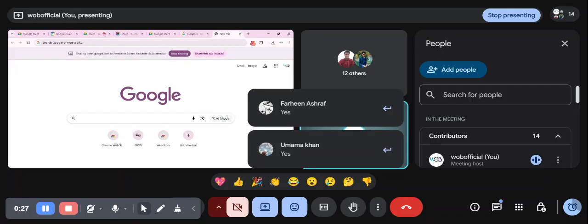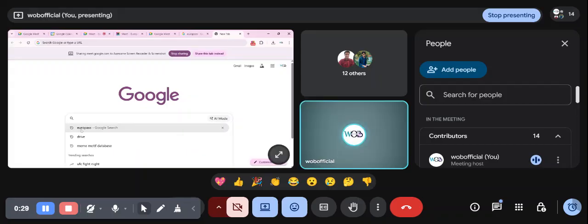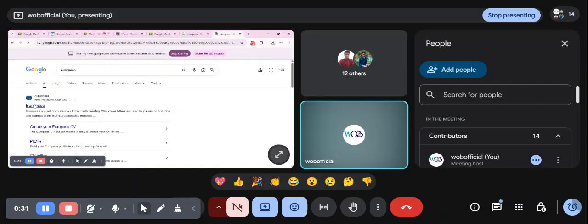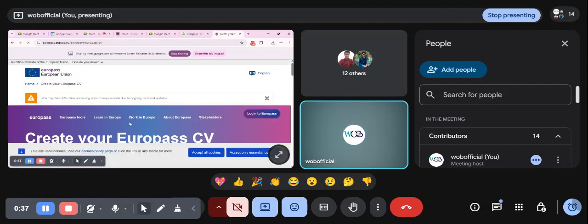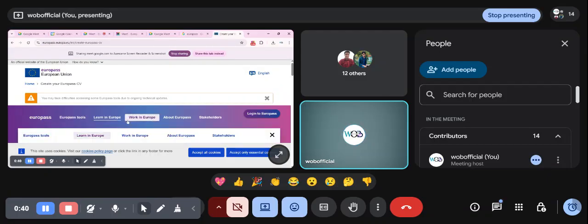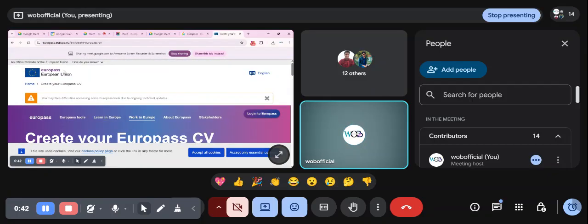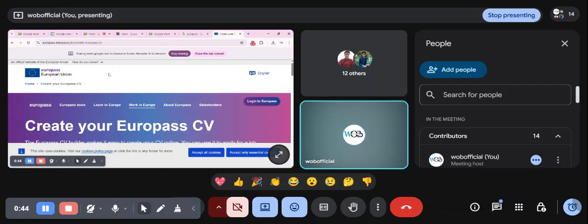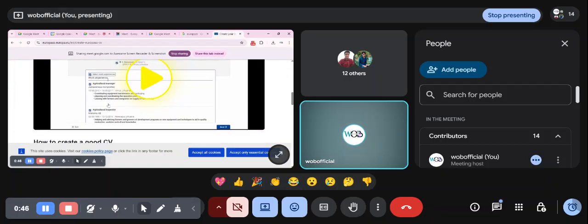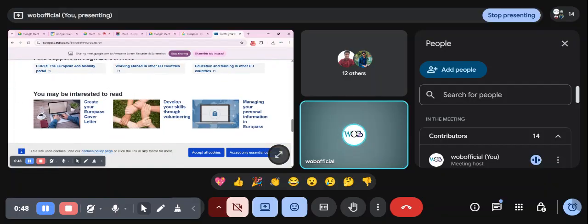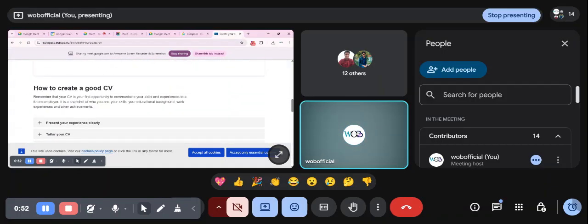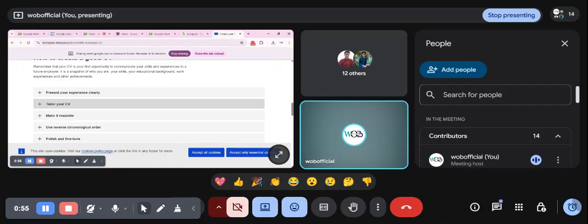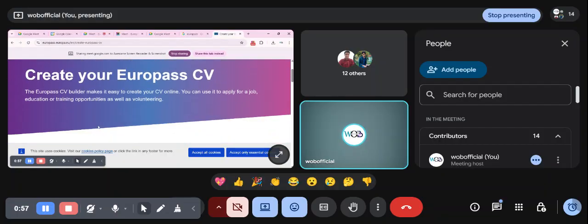I'm sharing right now the Google tab in which you have to write Europass. Then click how to create your Europass CV. Then you basically have to sign up, and then there is the option of how to create a good CV, tailor your CV.